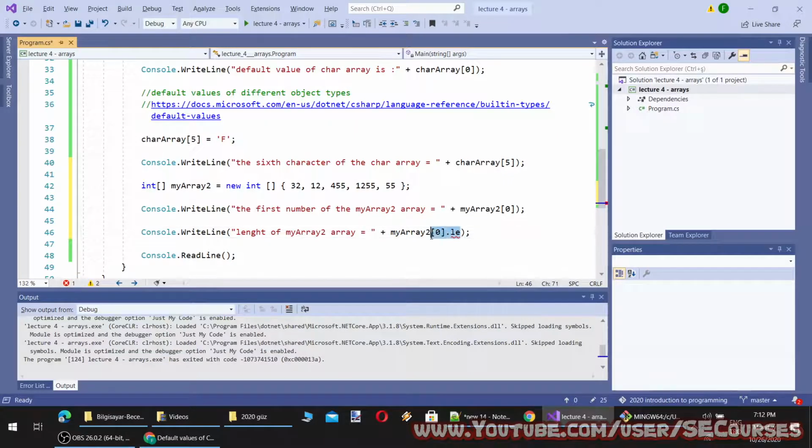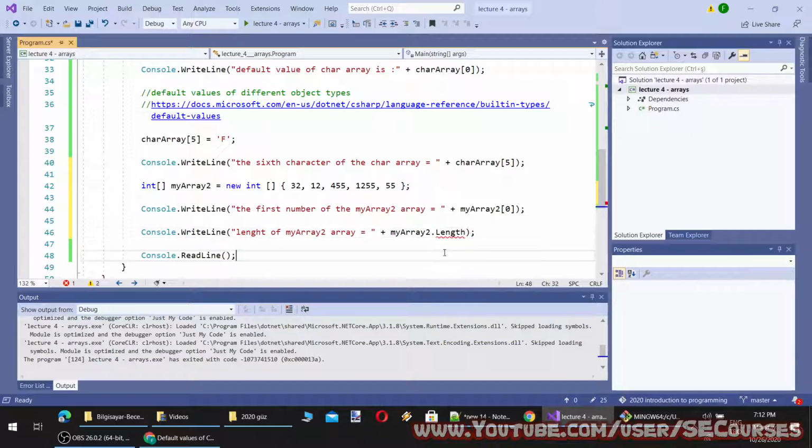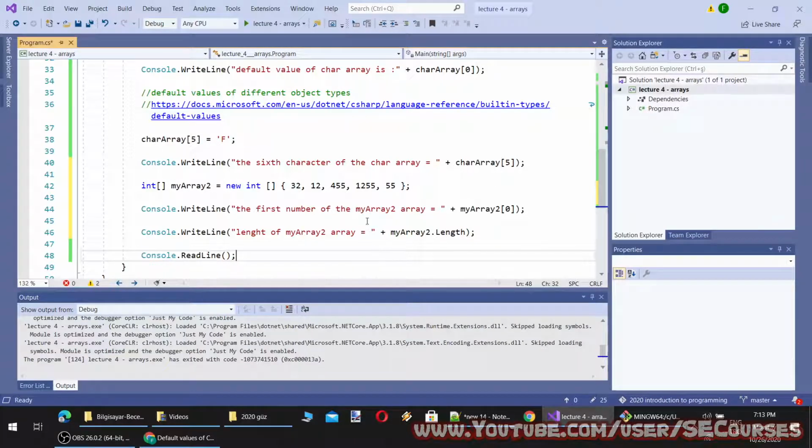To get the length of the array. Okay, so what does length return? That's the total number of elements in all the dimensions of the array. Since my array is a single dimension, it will return the total number of elements in the array.